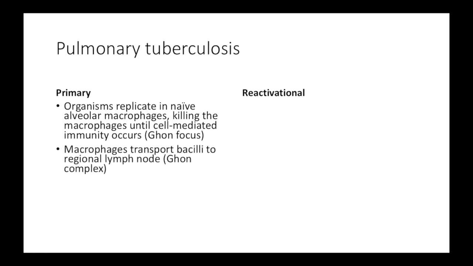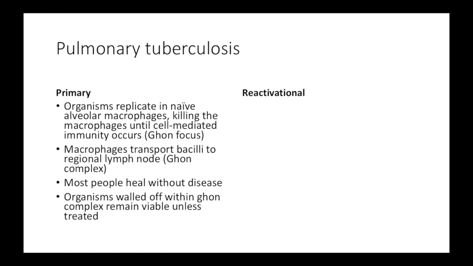After which, macrophages will transport the bacilli to a regional lymph node. So the combination of these two things going on is called a Ghon complex. And most people will generally heal without progression to active disease. Organisms are walled off within the Ghon complex, and if they're stuck there, they'll remain viable unless they are